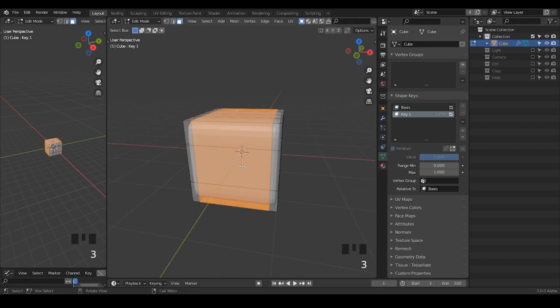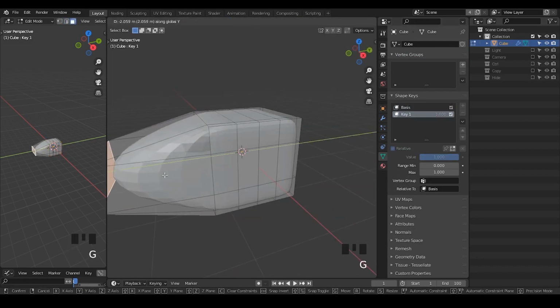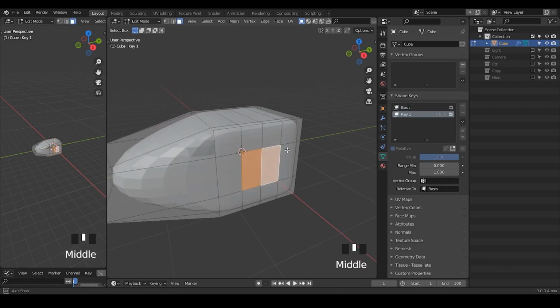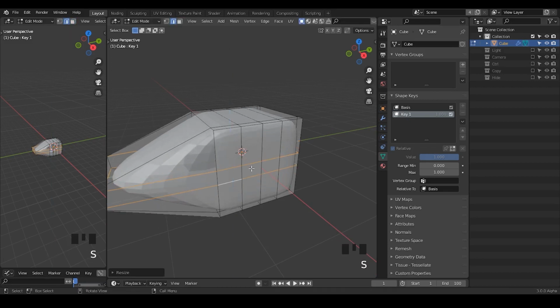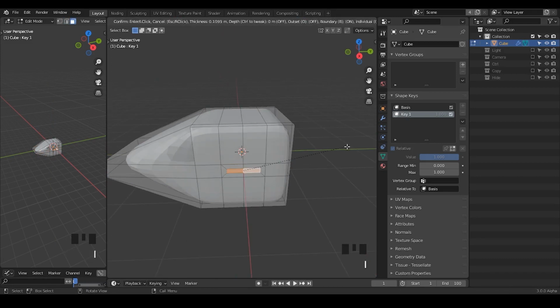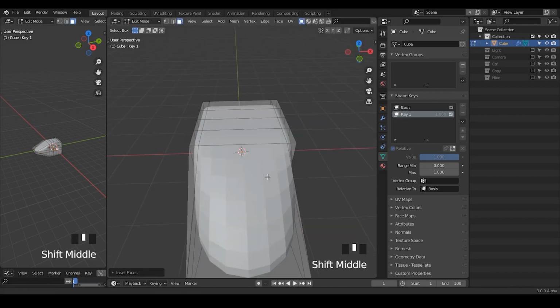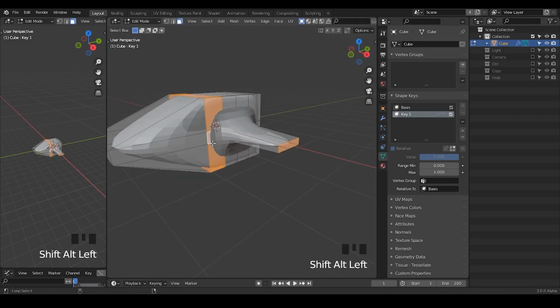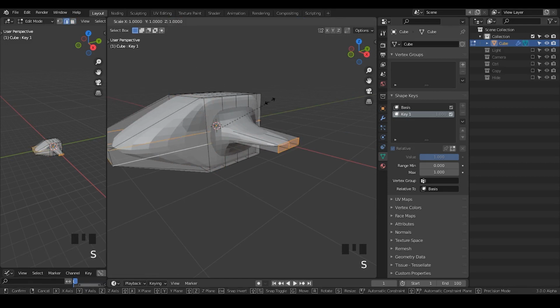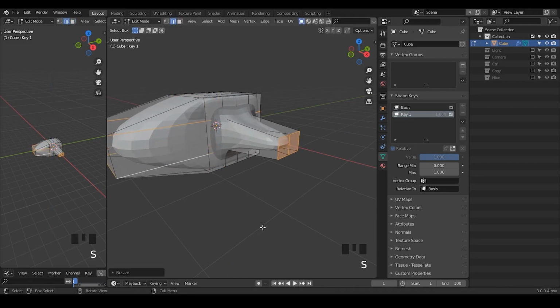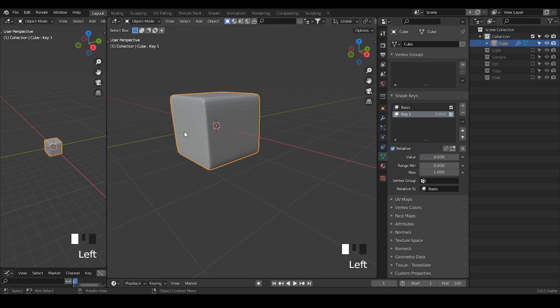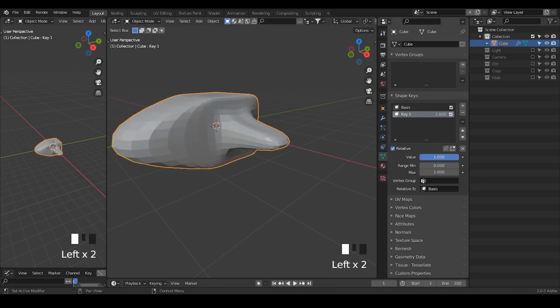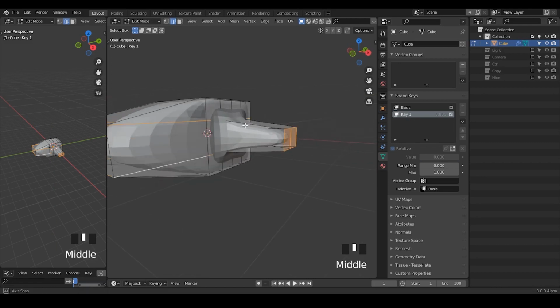Okay, within Key 1 I'm going to do several things: extrude, and shrink, and it's always important to check the original state. Okay, so when we have this,